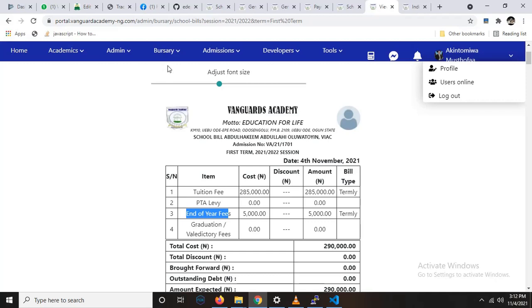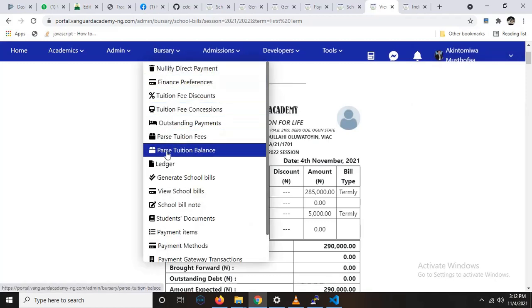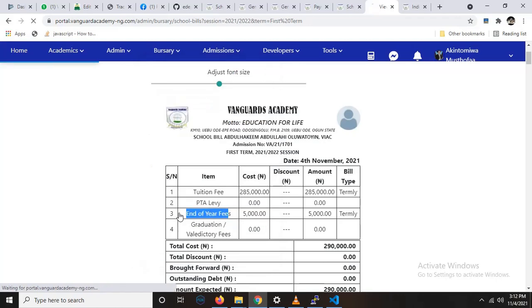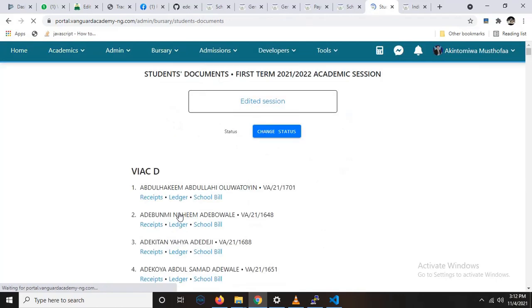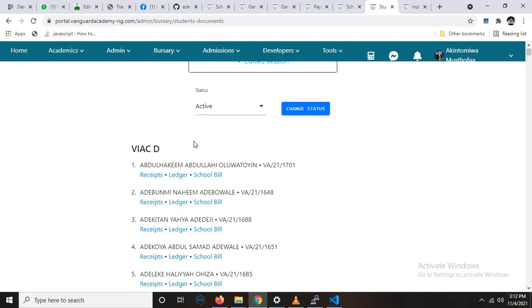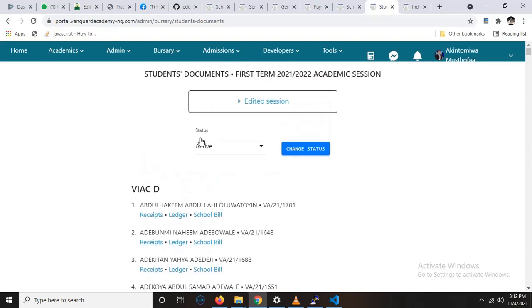So we can now dive into individual ledger. Now, to view the individual ledger, we have a module called student documents. In student documents, we have the list of all the students and three important documents under the bursary module: the receipts, the ledger, and the school bill. Now, this part is very essential to view and troubleshoot any error on the bursary